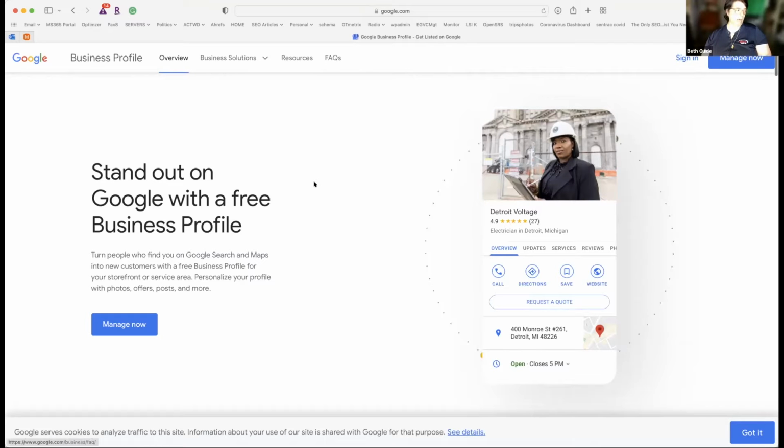Do we all have at least, I'm hoping, a working knowledge that we need to have Google My Business and we need to do some things with it, right? So here comes the part where we're going to get tricky, that I'm going to have to explain to you, on what we had to do. And I'm going to use Vertical Web as an example because it's probably the best example I can give right now. I'm in the process of doing some other things with it, but we'll use this right now this way.